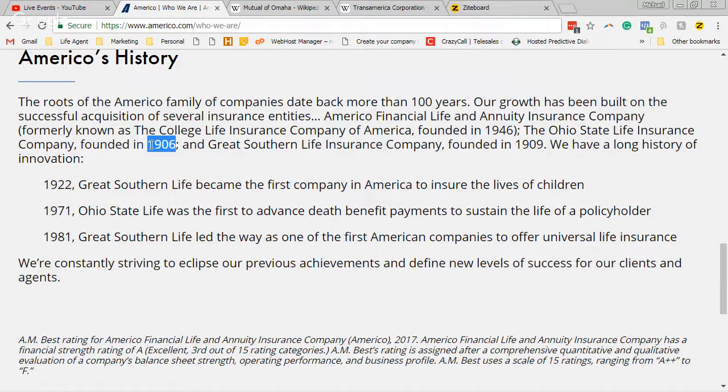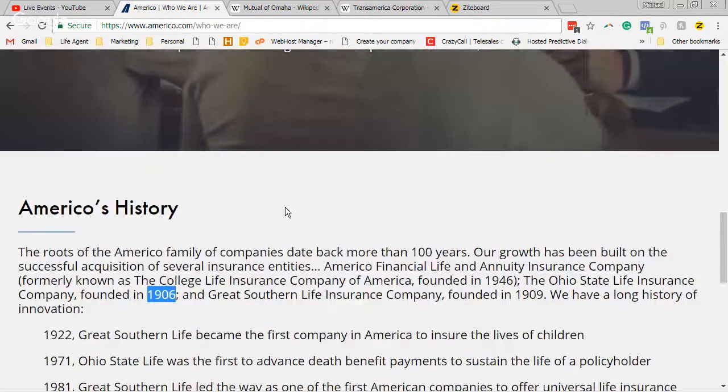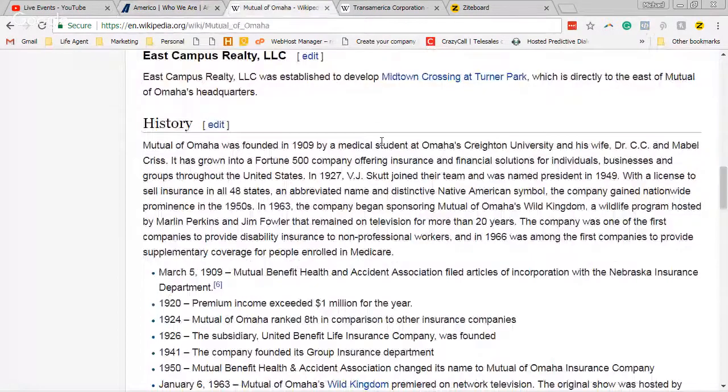Okay, they have billions of dollars in assets. And one fun fact is Americo was the first insurance company to ever offer children's life insurance. So, not too shabby there. Mutual of Omaha has an A plus rating, so a little bit higher than Americo. They have been in business for 109 years, a little less than Americo. In 1966, fun fact, they were among the first companies to provide Medicare supplement coverage,